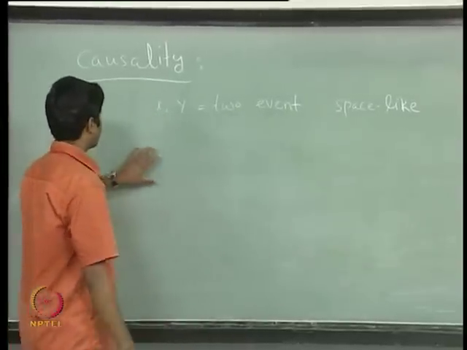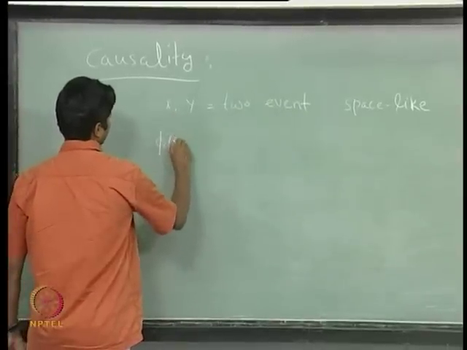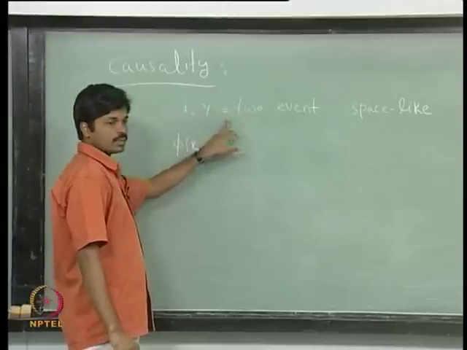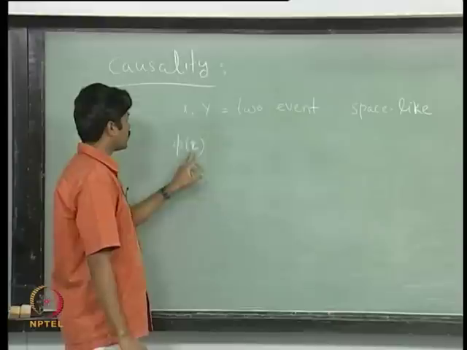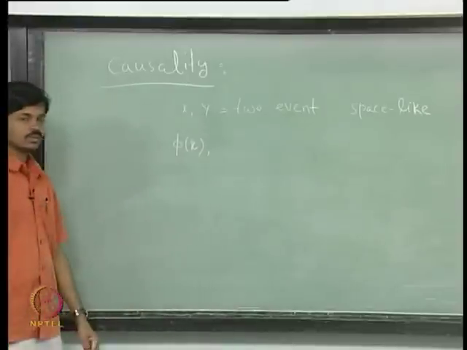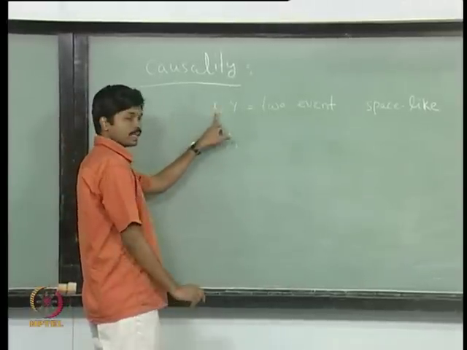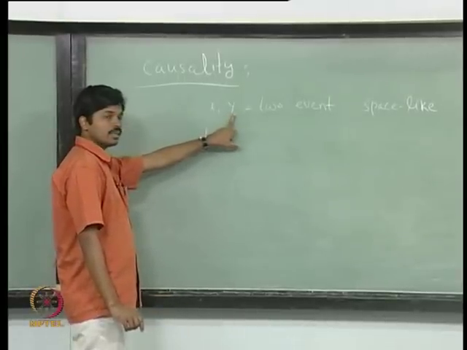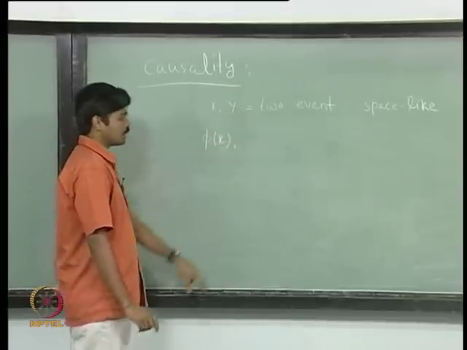then if you consider an operator at the space-time point x and another operator at the space-time point y, the measurement of one of the operators will not affect the measurement of the other operator. So, quantum mechanically what should you do? The commutation of these two. You consider any operator at x, any other measurable quantity, any other observable at y. If x and y are space-like with respect to each other,